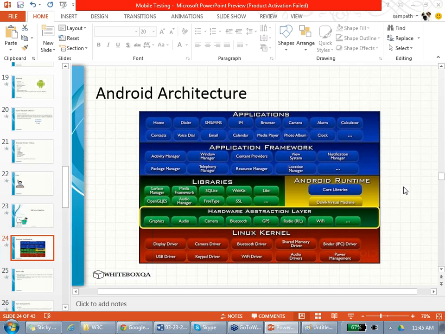So you can use the tools directly from their SDK, or you can go for outside tools. And when you go for outside tools, again, it's web versus native. When you come to native, depending upon the operating system, for example, Monkey Runner is there. It will support iPhone and Android. There is Eggplant. There are some other tools as well.